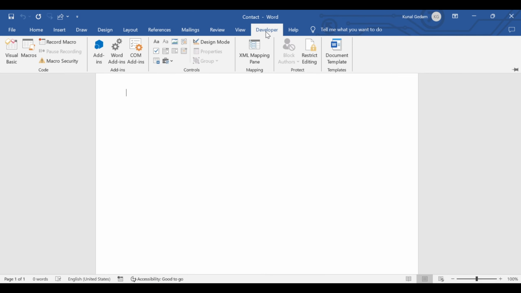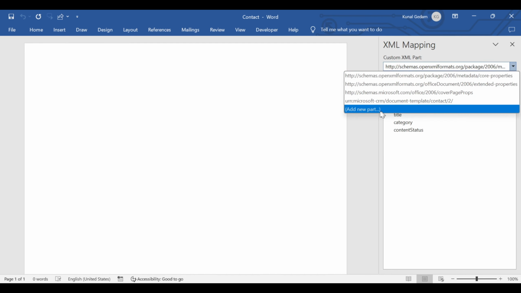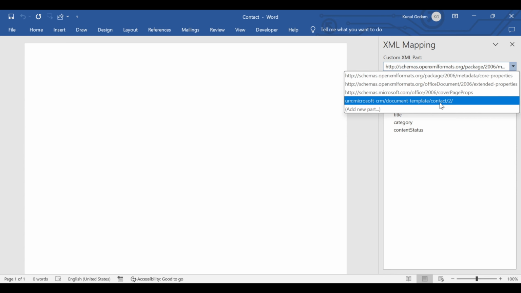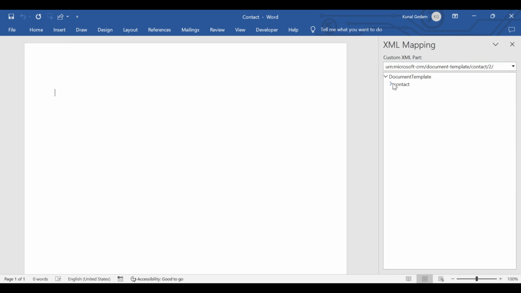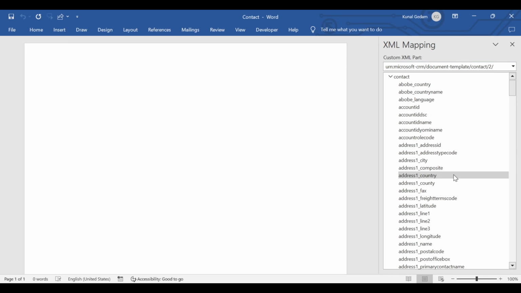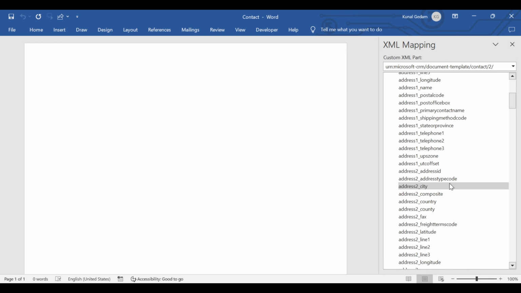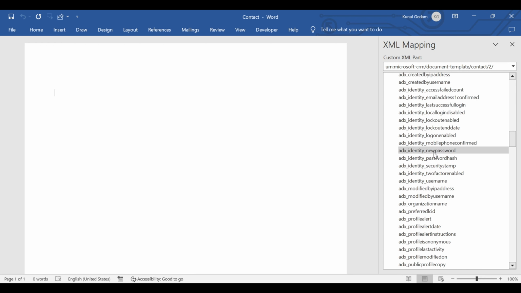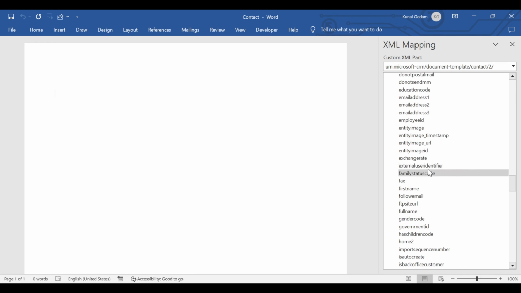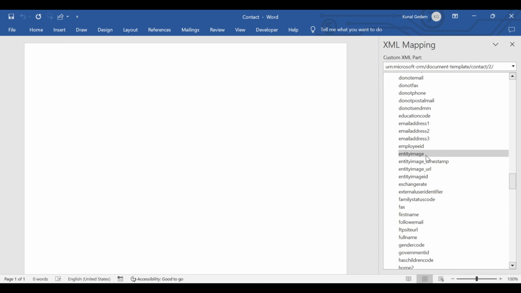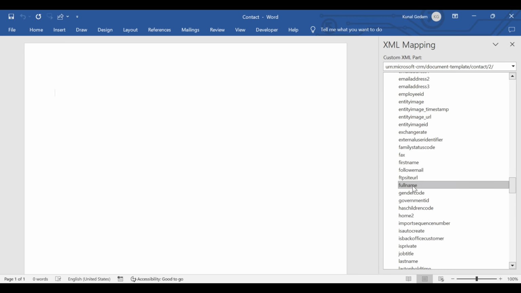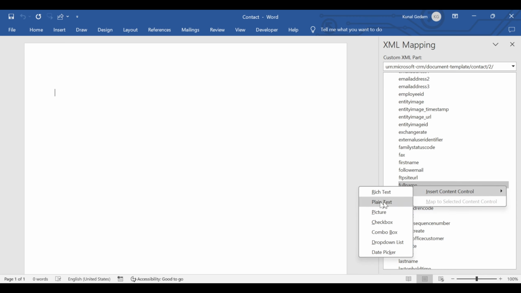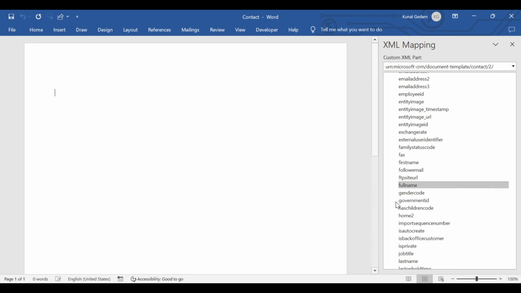After that, the developer option will be available here, and here you can see XML Mapping Pane that you have to select, and in the drop down you have to check for this contact too. Here all the metadata of the entity, all the logical names, you can find over here. For now I'm selecting first name, or let's say full name,